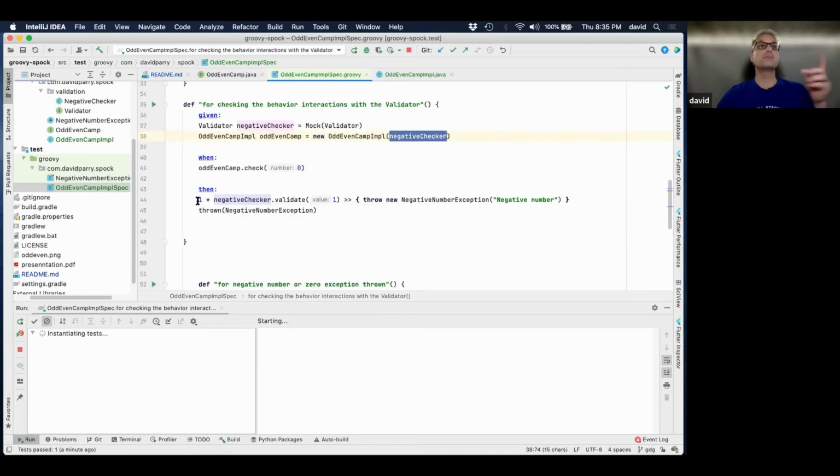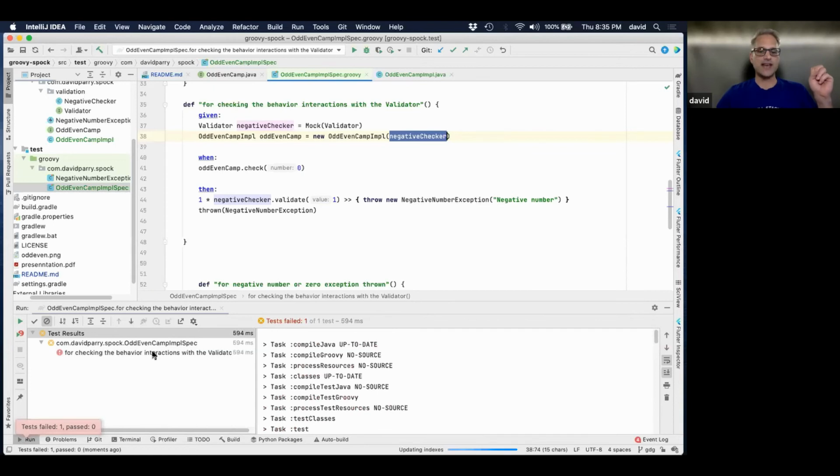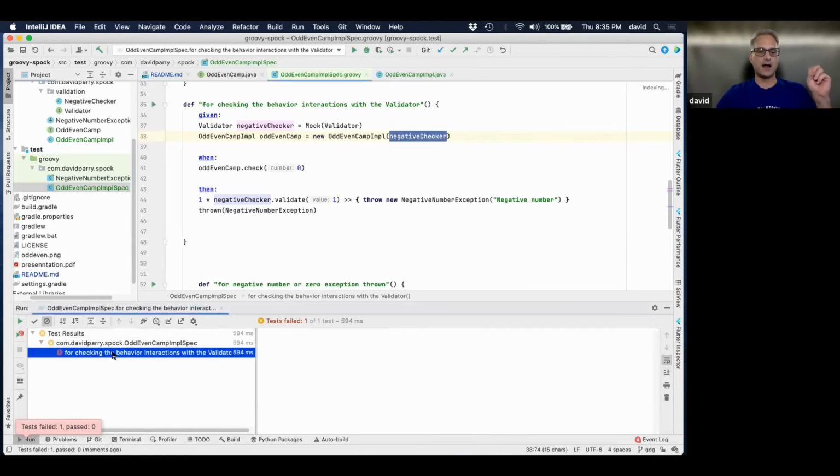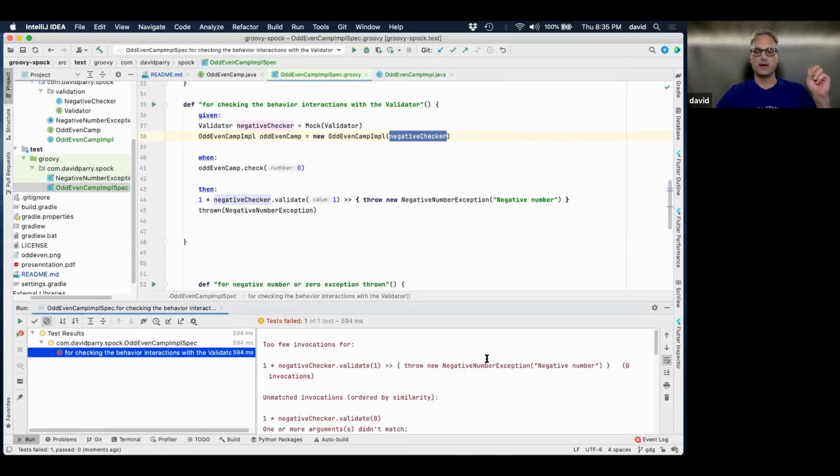I'm actually a spy, not just a mock. I'm spying. You said I was supposed to throw a negative number exception. I was supposed to have invocations of 1. I had 0 invocations, and you said I was supposed to have 1. You see how powerful that is in that spy?